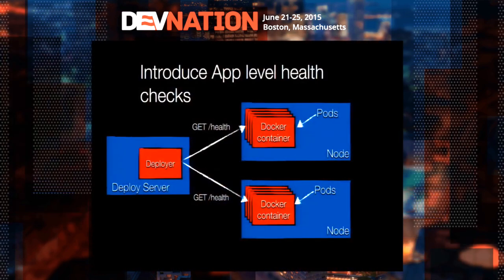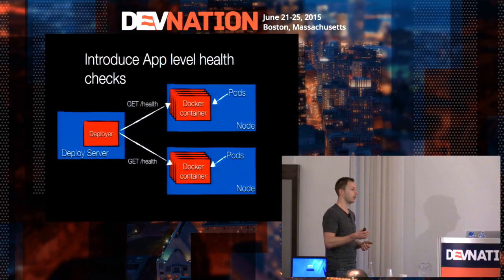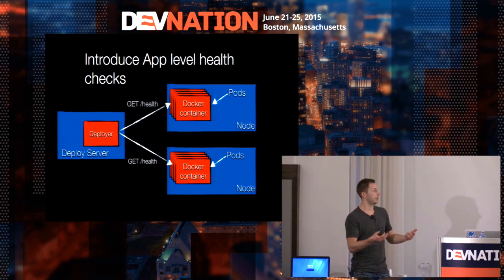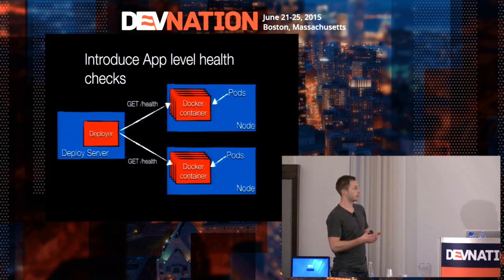Because in the end, we need this. Our deployment server or deployment process needs to be looking at our pods, and the pods need to tell if they're healthy or not. So what we did in our applications is actually provide a health check. And this can just be provided on a HTTP URL. So for example, we get /health. And if /health returns true, then we're happy. If it gives a HTTP status code which doesn't look good, or doesn't return anything, or it returns false, something is not healthy with this pod yet, and we either have to wait longer or decide to terminate the whole deployment.